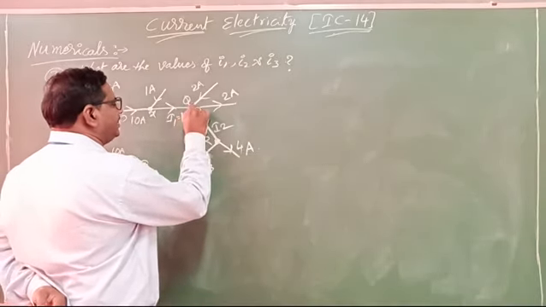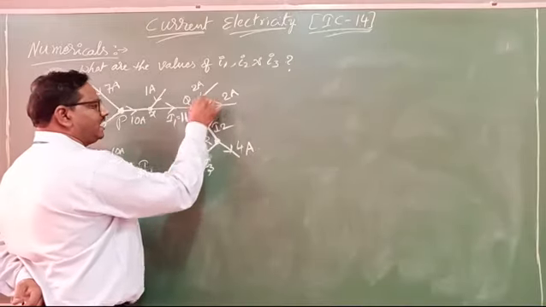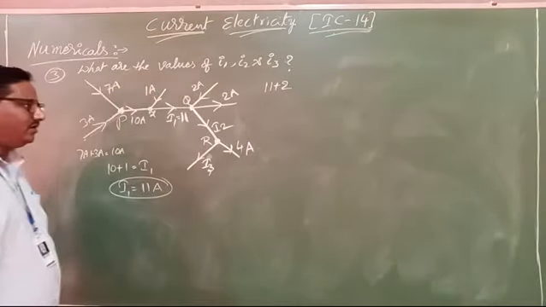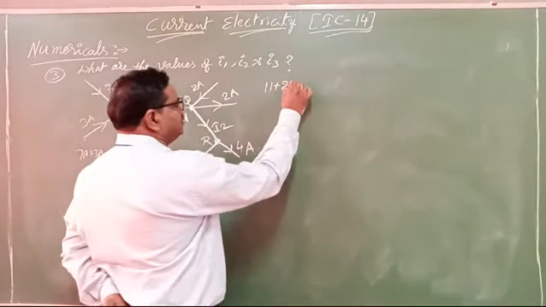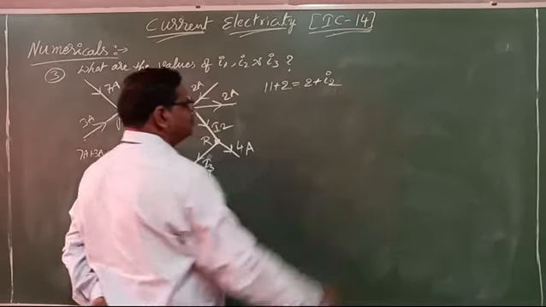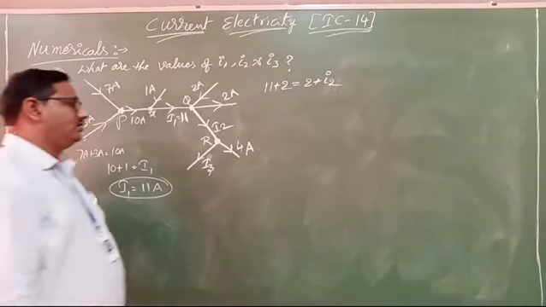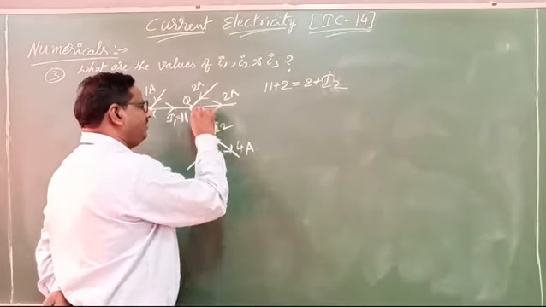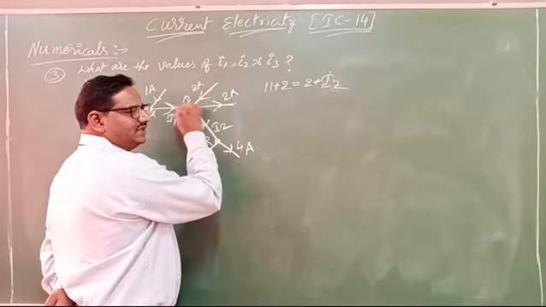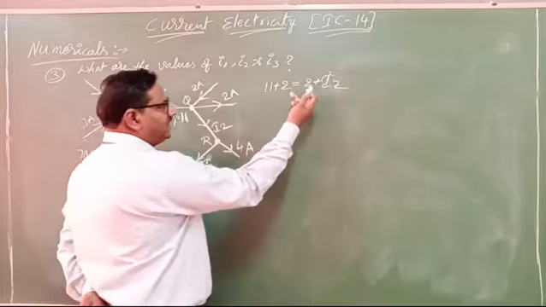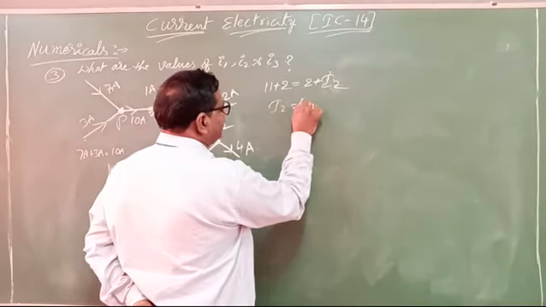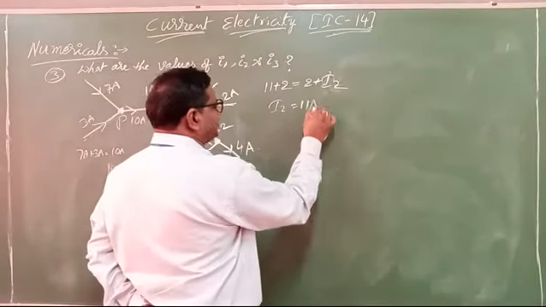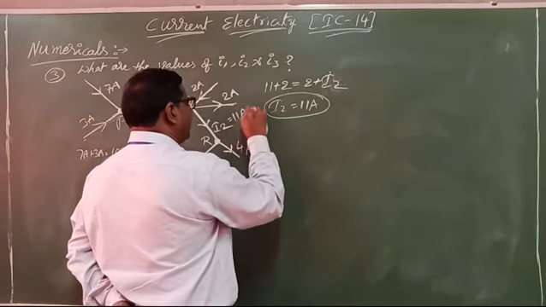Next, here I1 equal to 11 amps. This 11 amps will enter into the Q junction, and here also one is entered. So totally 11 plus 2, both are entered. And what are the leave outs? That is 2 plus I2. Are you following? Clear? Because this is also leaving. These two are entering the junction and leaving the junction. Then 2 will come to this side, then IT is nothing but 11 amps. This is the second answer. Now IT equal to 11 amps.